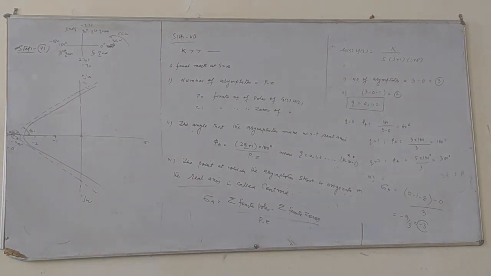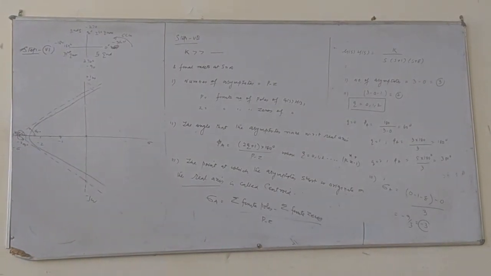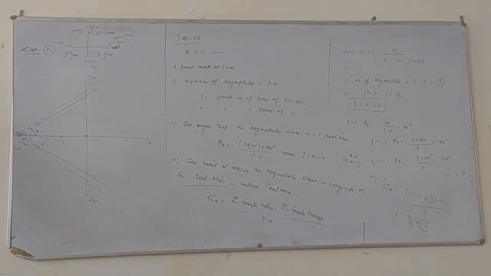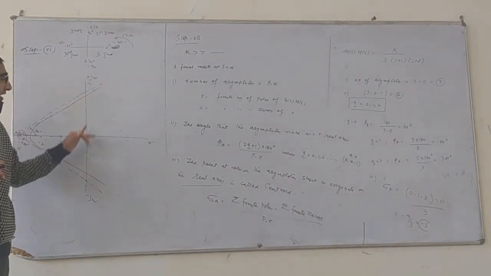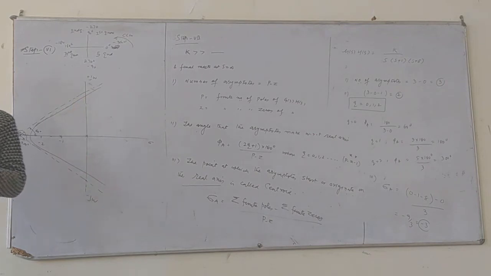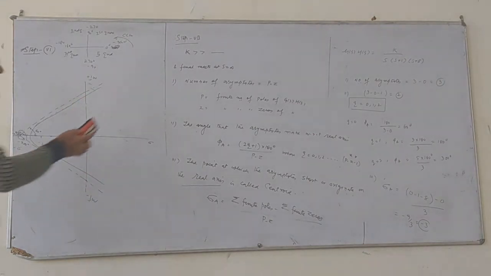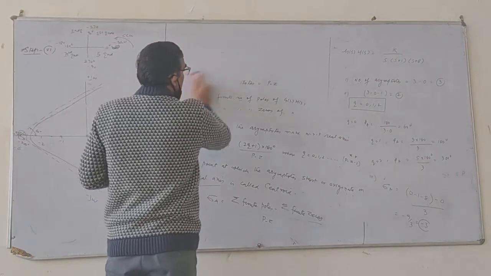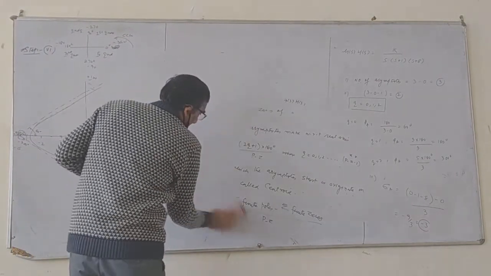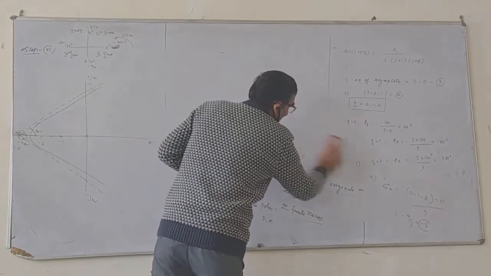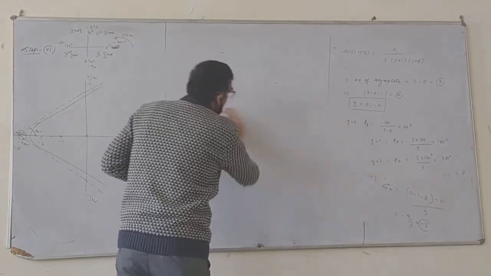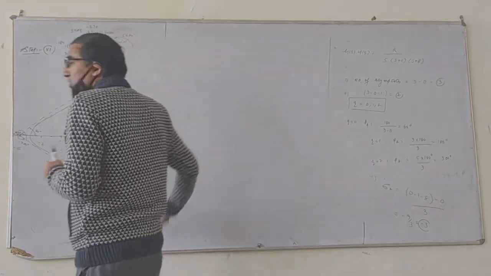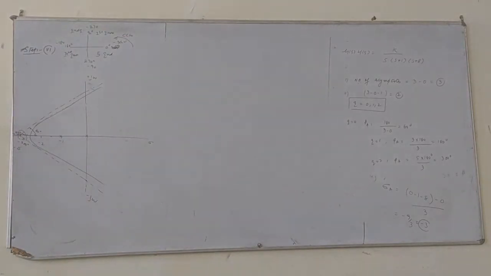Let's see, the next point is very important. We have to see where the root locus is going to intersect the imaginary axis. How can we calculate that point? That's our next point. Okay, so step number 8. There are 2-3 techniques the books have given, but the most prominent is the Routh criterion.